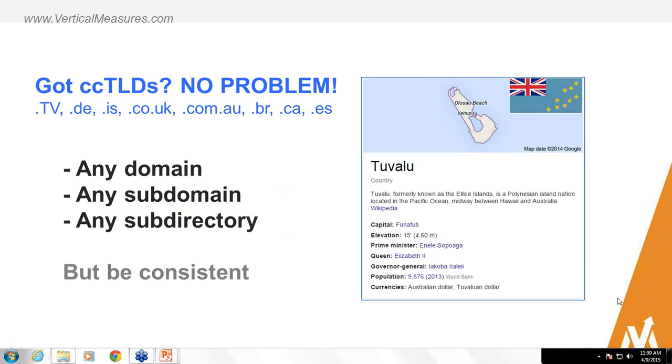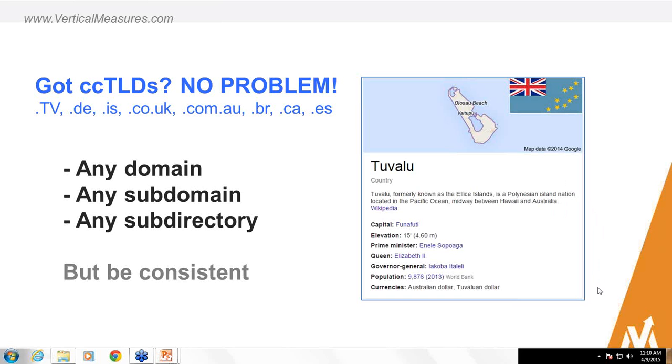And one thing I wanted to just bring up is ccTLDs. So one great thing about hreflang, if you implement it correctly, is that you can now fully develop your site. And it doesn't have to be a complete duplicate of your site, but you can have just individual pages developed on a separate domain.